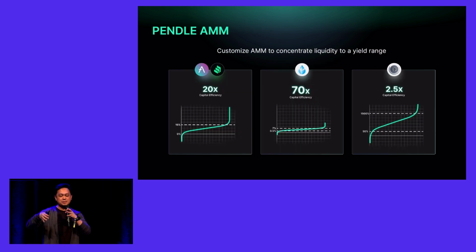And we've built a specialized AMM just to be able to facilitate across these different assets, right? So it's similar to Uniswap v3, where we can concentrate liquidity in a range. But instead of concentrated liquidity in spot prices, we do it with yield instead. So for example, for stETH, if we know it's trading between 0.5% to 7%, then liquidity is concentrated in that yield band instead.